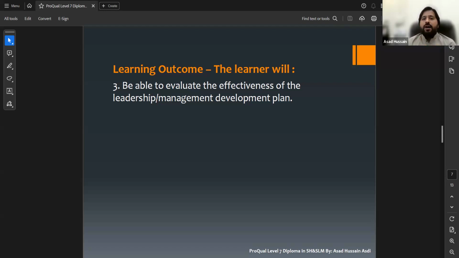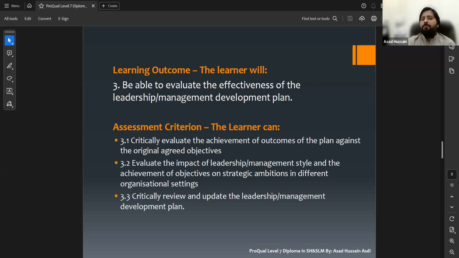If your development plan is developed and implemented through a process, and things are going according to that, it is still not enough. The actual thing is that the plan should be effective. So for this purpose, you should be able to evaluate the effectiveness of the leadership management development plan. So here we have the assessment criteria.